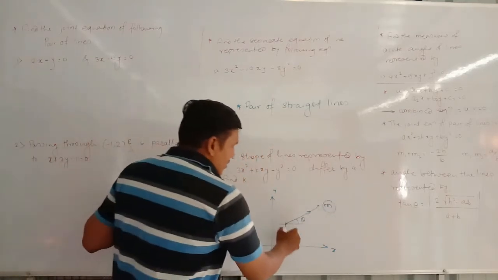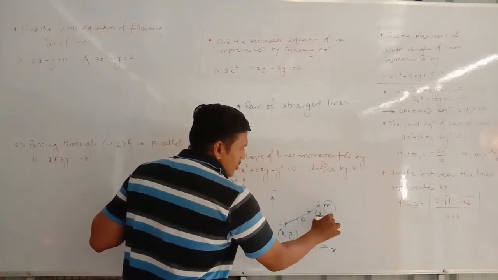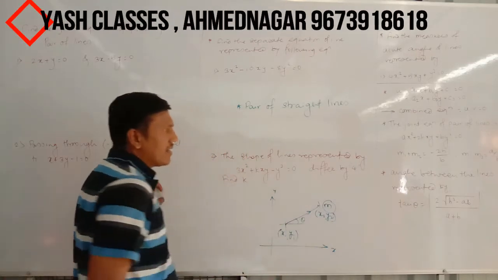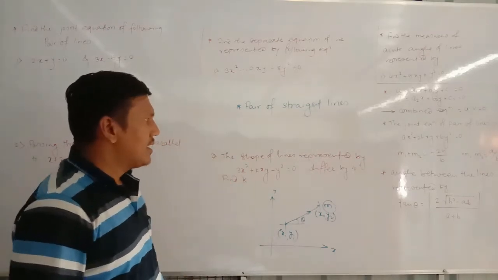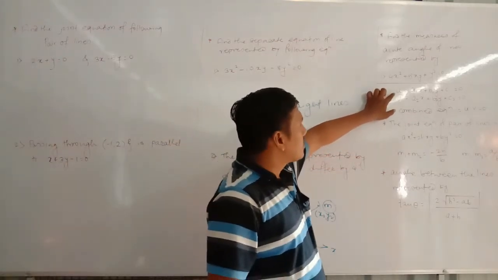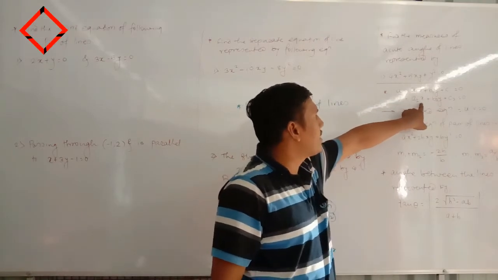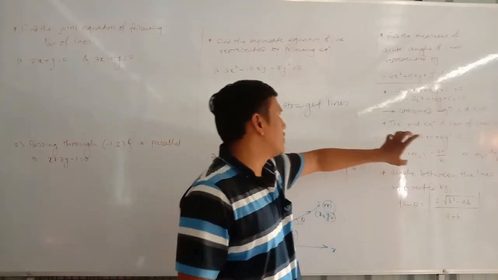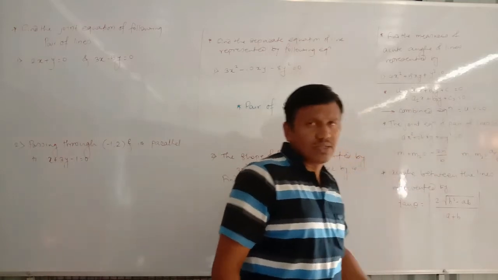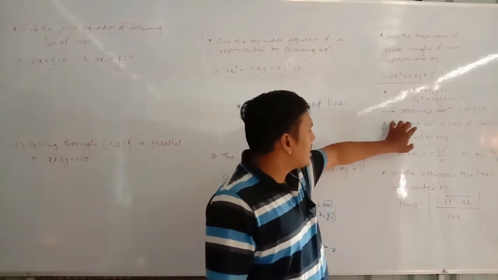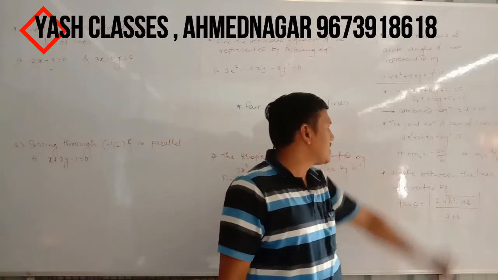Okay, and we have the coordinates of the endpoints x1, y1 and x2, y2. From that we can find the slope of the line and the different terminologies or different parts of the line. Suppose we are considering two different lines, a1x plus b1y plus c1 is equal to 0 and a2x plus b2y plus c2 is equal to 0. So the combined equation of these two lines is given by u into v is equal to 0. Basically, the joint equation of a pair of lines is given by the form ax square plus 2hxy plus by square is equal to 0.